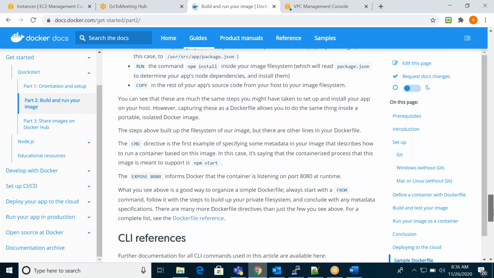Here it's switching to some directory, then copying some JSON file. COPY means copying the file from your host to the current location. Then running some command, defining some port number, and starting the npm service.